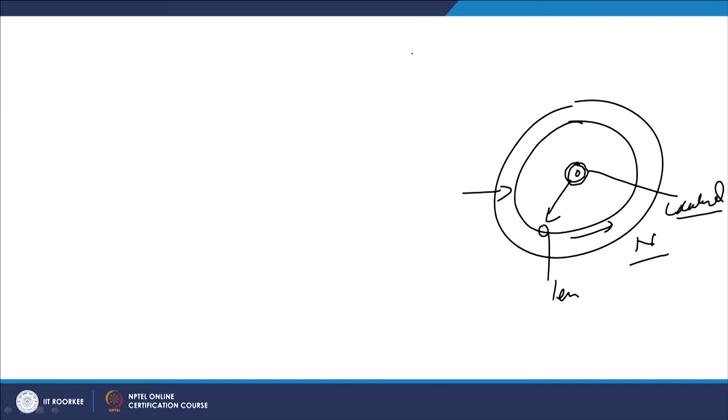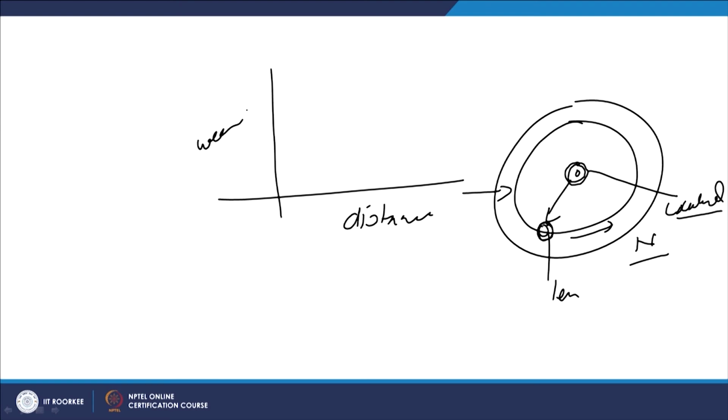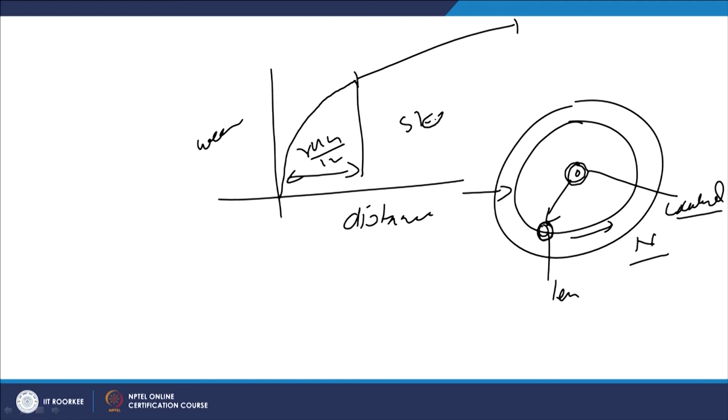Another parameter is the sliding distance, like at a given location, for how long the test is conducted, so that continuous wear of the material is taking place. So, if we plot one typical sliding distance versus wear plot, then we may notice that initially wear is changing as a function of distance, and then it becomes constant. So this corresponds to the initial stage, the run in period, and this is the steady state period.